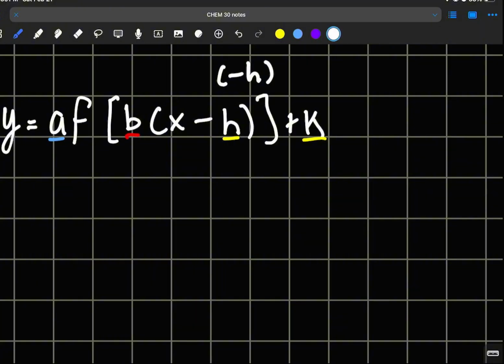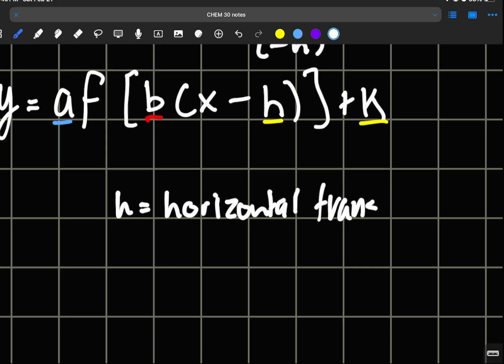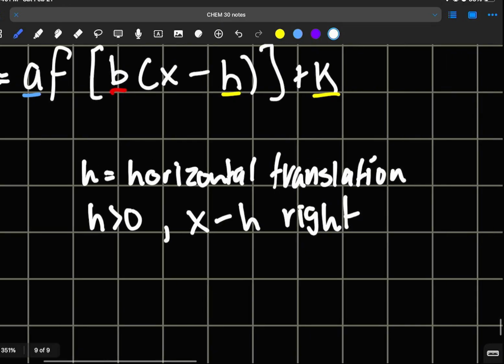So what does this h parameter actually stand for? H is a horizontal translation. So we've had stretches, and stretches are where you multiply. Translation is where you directly shift your graph up, down, left, or right. But since we're dealing with x here, we're dealing with the x plane. So if you think about this, we're going to be translating either right or left. So if h is positive and we are subtracting from x, then we are going to be moving right. So we're going to be translating h units